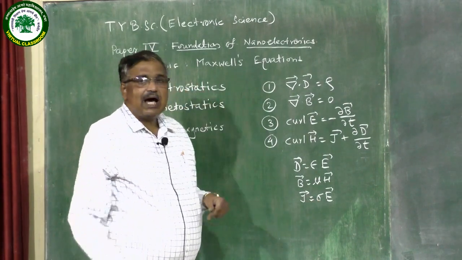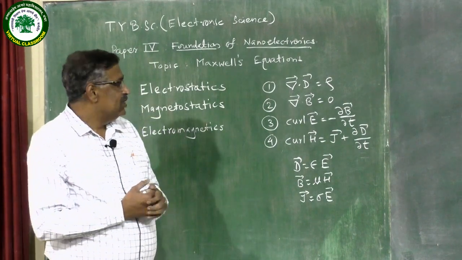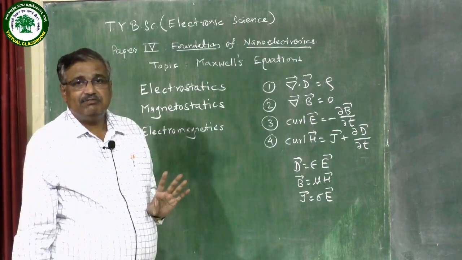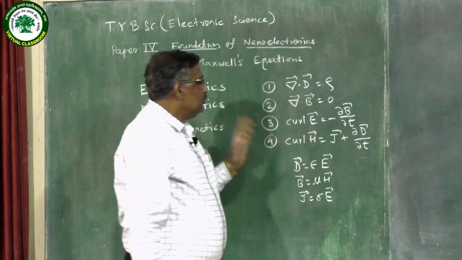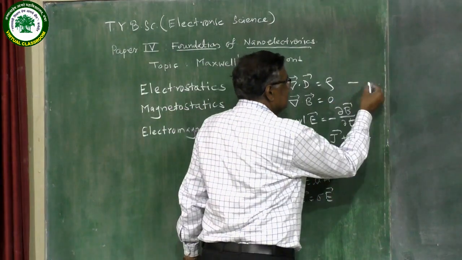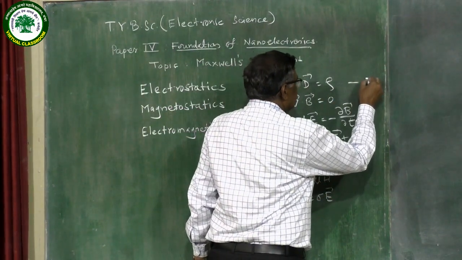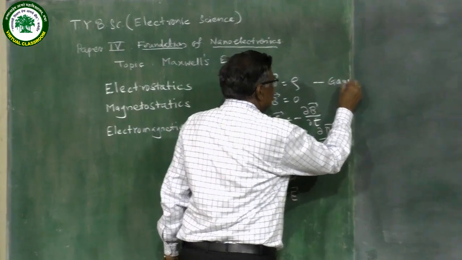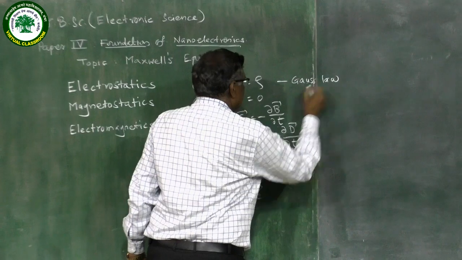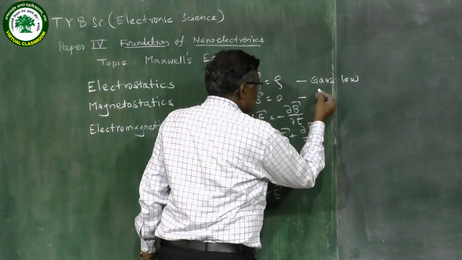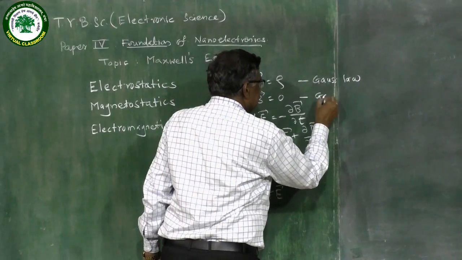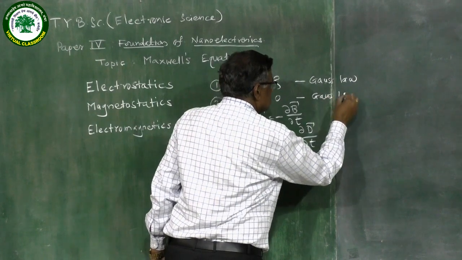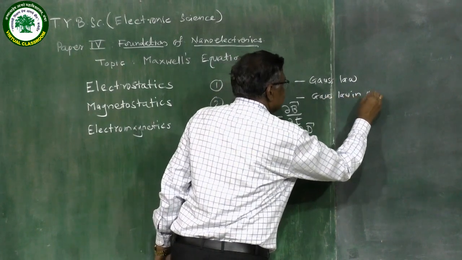That means these equations are associated with the conducting medium. So these conducting medium equations are just written with the help of these. Now we have to consider that this is obtained from the first law, that is, obtained from Gauss law. So we write that this is obtained from Gauss law. This is also referred to as Gauss law in magnetostatics.